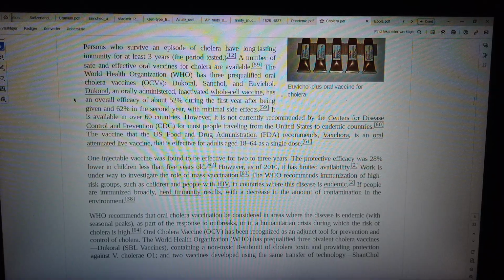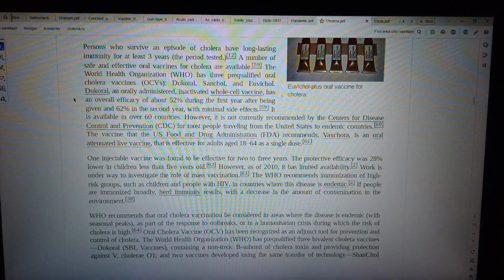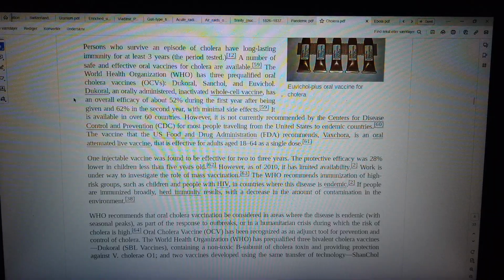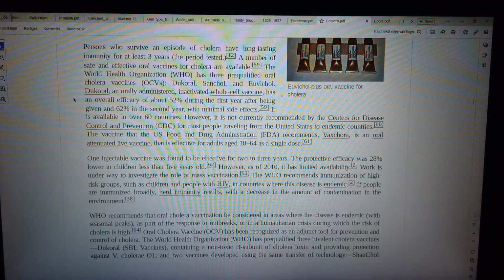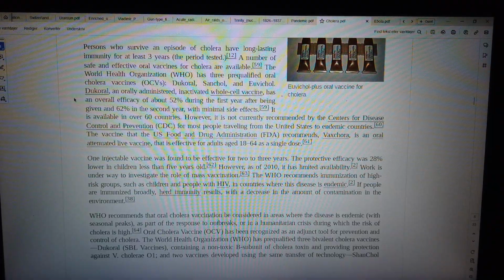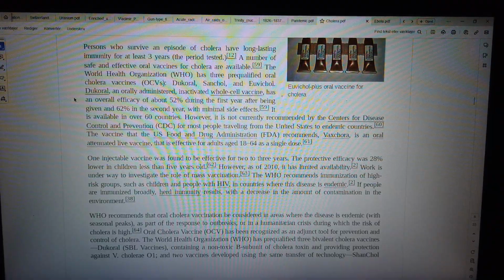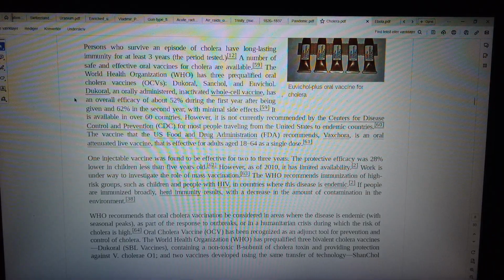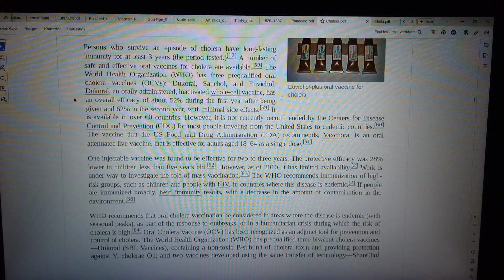It is available in over 60 countries. However, it is not currently recommended by the Centers for Disease Control and Prevention, CDC, for most people traveling from the United States to endemic countries. The vaccine that the U.S. Food and Drug Administration, FDA, recommends, Vaxchora, is an oral attenuated live